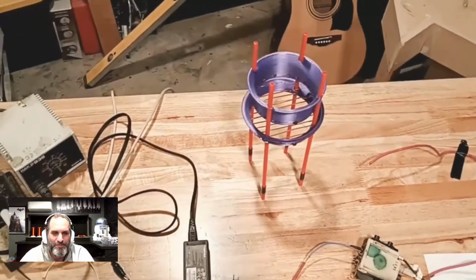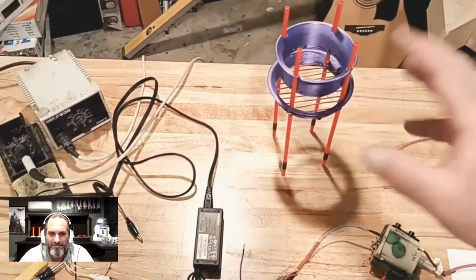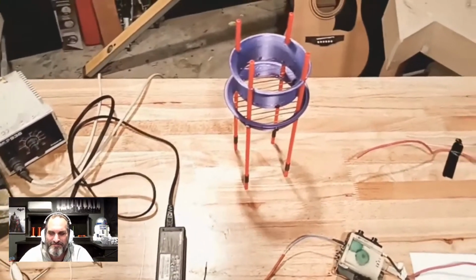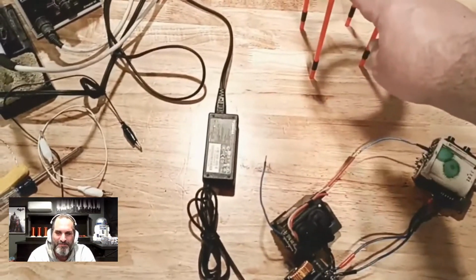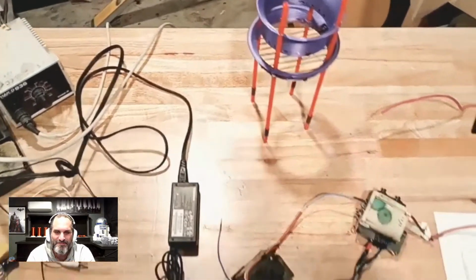Okay, we got the lights back on now. I just want to show you this. This is my ion thruster. This is the reason why you would build one of these. So all we're going to do is I'm going to take this positive here and I'm going to connect it to the top wires. I'm going to take the negative right here and I'm going to connect it to the bottom right there. Okay, I'm going to connect this up real quick